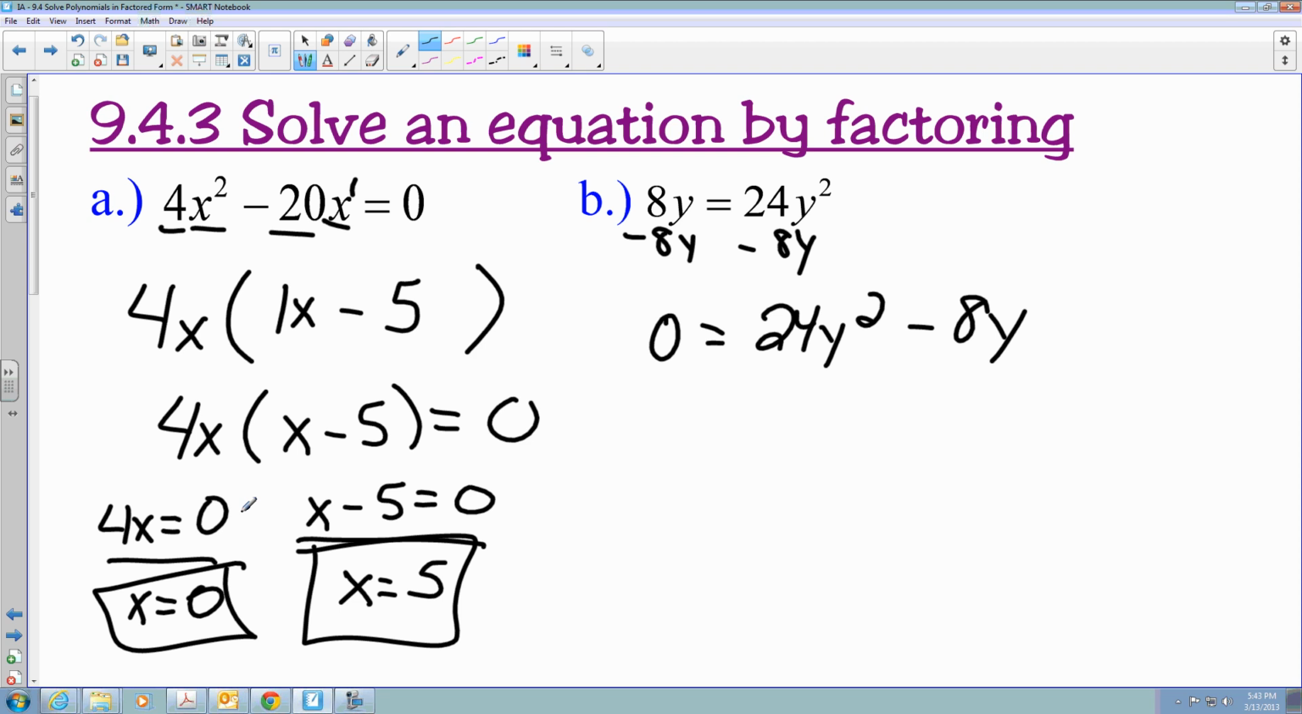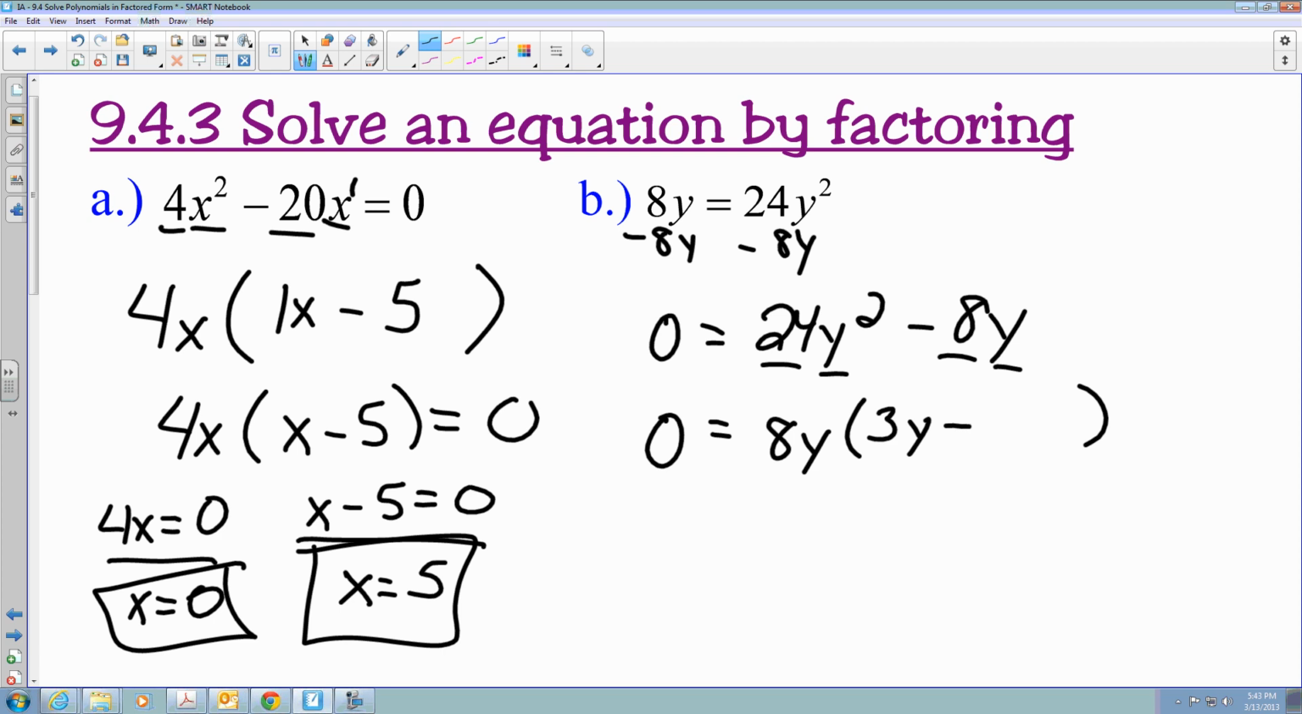So now from here, I can find my greatest common monomial factor. So I have 0 equals, now I'm looking at the numbers, 24 and 8. I can take out an 8 in this case. And also looking at the variables, I can take out a y. So on the inside, I would have 3y, because 8y times 3y will give me the 24y squared, minus